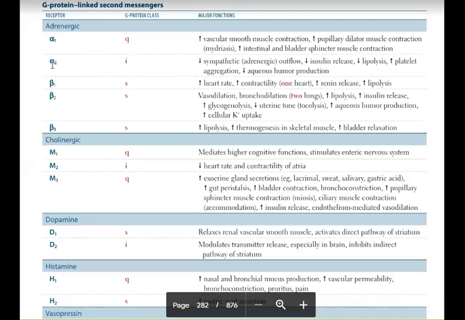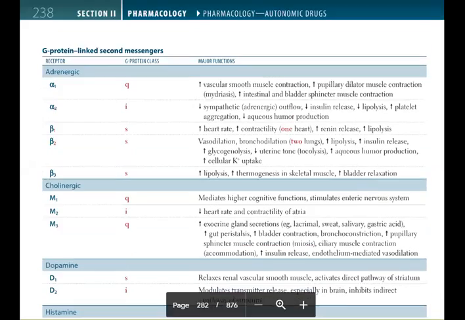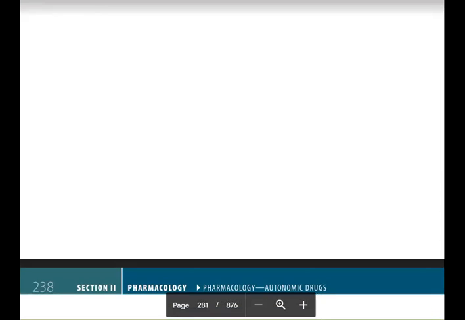I was muted. So today's lecture is based on pharmacology, autonomic drugs. Okay, and yesterday we studied in the pharmacology lecture. Yesterday we studied only the first page of